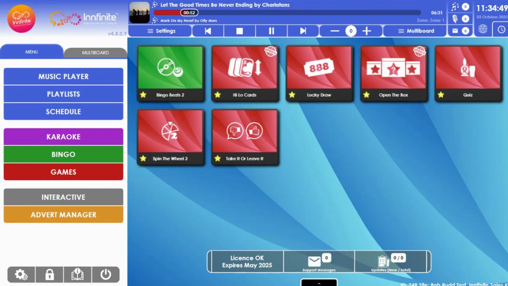Let's take a look at how to set up an interactive quiz on your Innfinite system. What you can currently see is your Innfinite home screen. This is customizable, so it may not look exactly as you can see currently. In order to set up an interactive quiz, what you're looking for along the left-hand side of your screen is